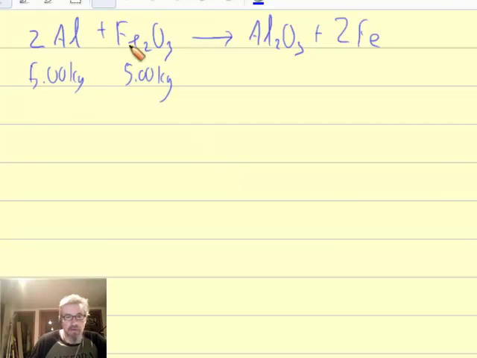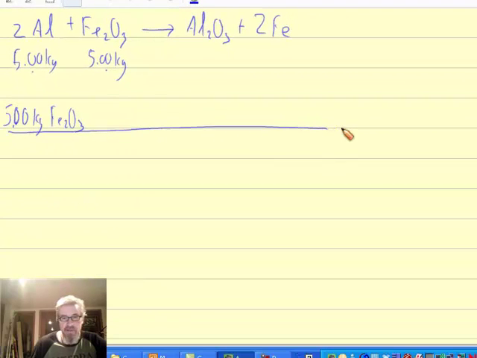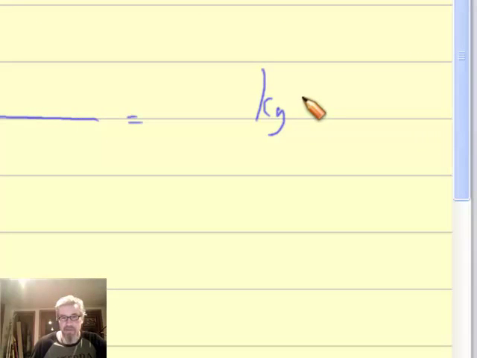Okay, here's the setup. Here's our balanced chemical equation up on the top, and the problem is asking me, if I have 5 kilograms of aluminum and 5 kilograms of iron 3 oxide, which is the limiting reactant of these two? Well, I don't have to actually find a product here, but I do have to compare these two to find out which is the limiting reactant. I'm going to choose Fe2O3 this time, just to show that you don't always have to pick the first one as your starting point. So starting out with 5.00 kilograms of Fe2O3, I want to determine in kilograms how much